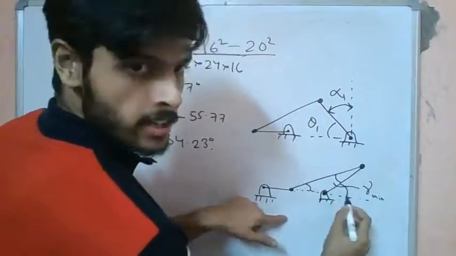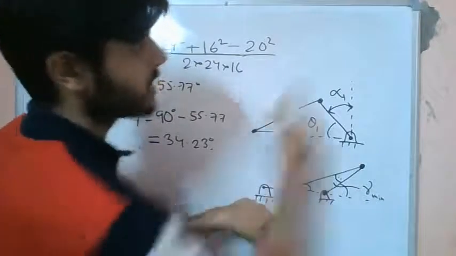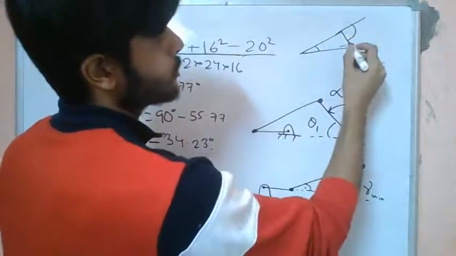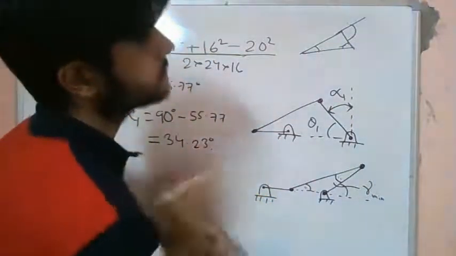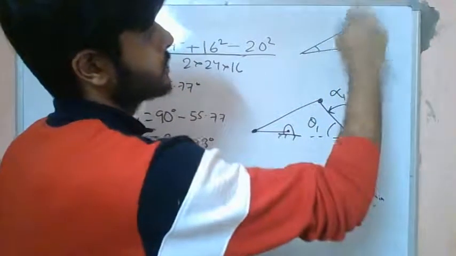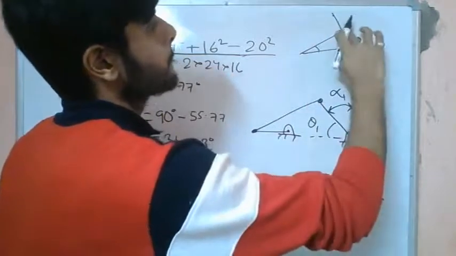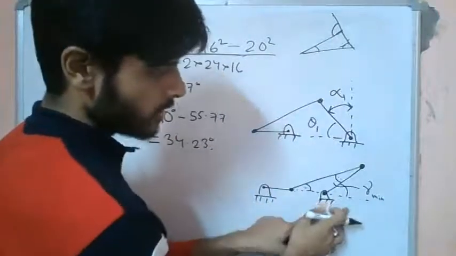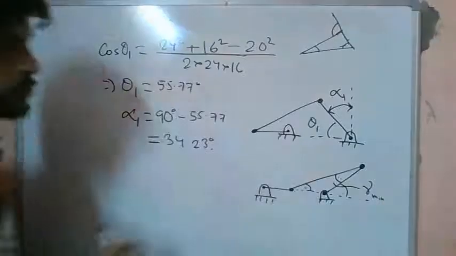is the external angle. So this external angle is equal to the sum of these two angles, right? This is the property of a triangle. If we have an external angle, it is equal to the sum of two opposite internal angles, right? So this external angle is equal to the sum of two opposite internal angles. Same over here, external angle equal to sum of two opposite internal angles. Okay, so let's find out this angle.